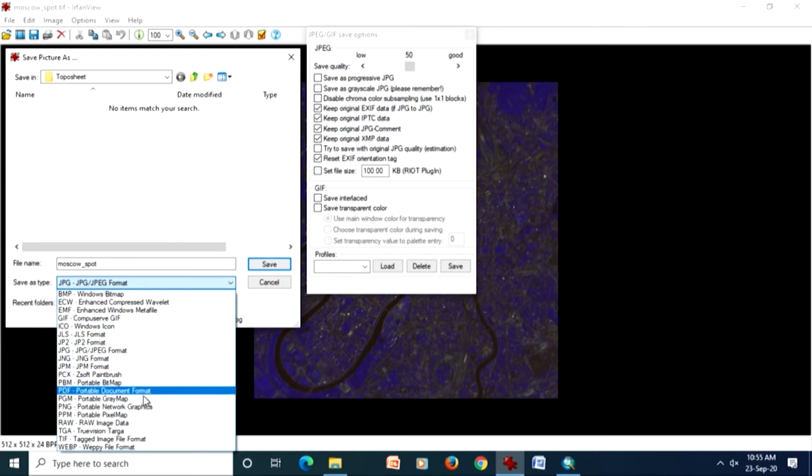The original file is already in TIFF, so I can save that file in JPEG or GIF, BMP. BMP, bitmap, used to be also a quite popular format. Or there are many such raw image data formats also. So just for demonstration purposes, I say save as JPEG.